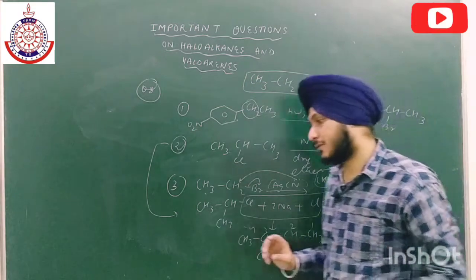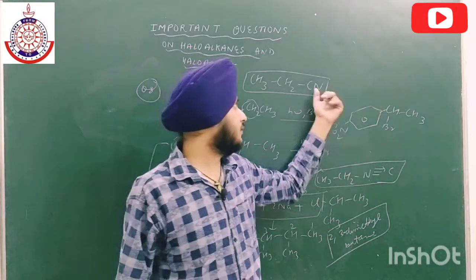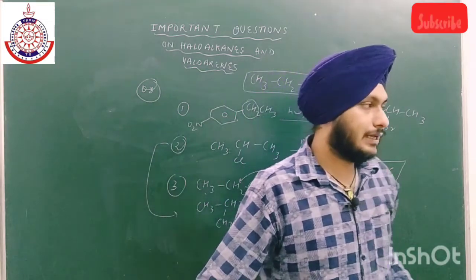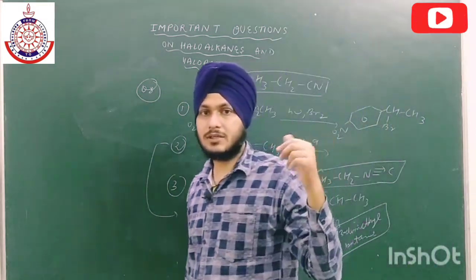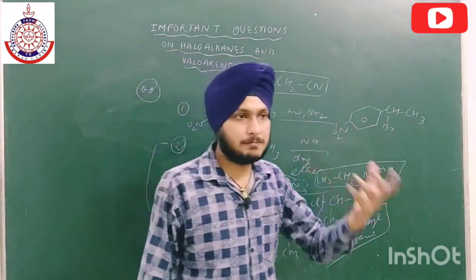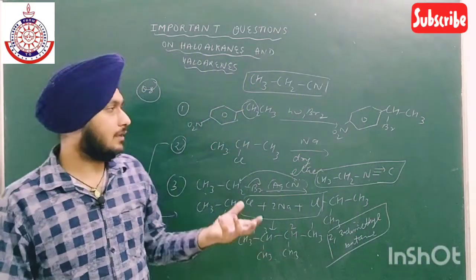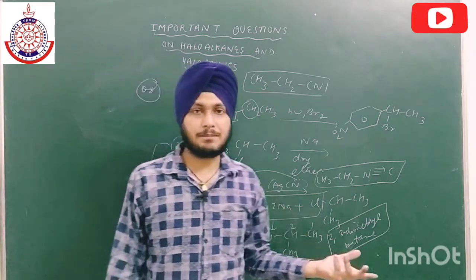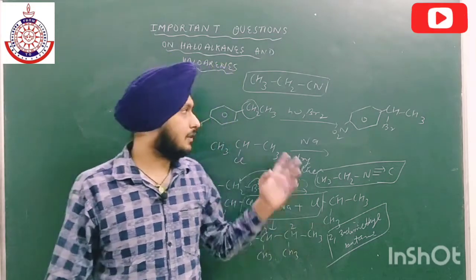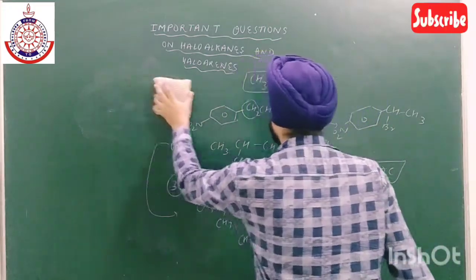These cyanide groups are very important, because they increase the homologous series. Just by hydrolysis we get one more carbon attached. Or we can do the reduction, Mendius reduction, to convert it into amines. They can easily be converted into amines, amides, carboxylic acid. Partial hydrolysis gives amides, and complete hydrolysis gives carboxylic acid. If we reduce them in presence of nickel plus H2, they give amines, and the reaction is known as Mendius reduction. So this is the 8th question.